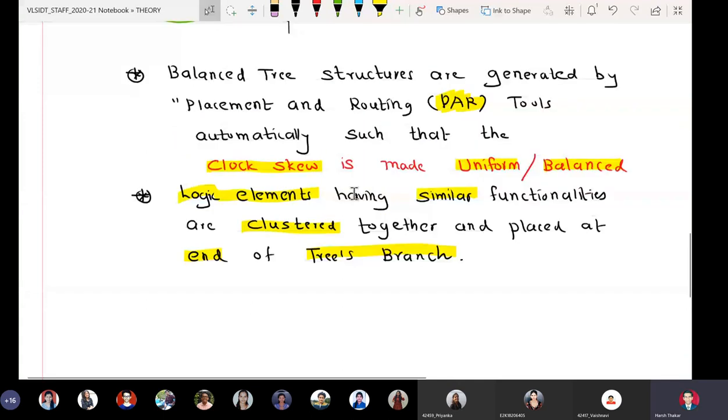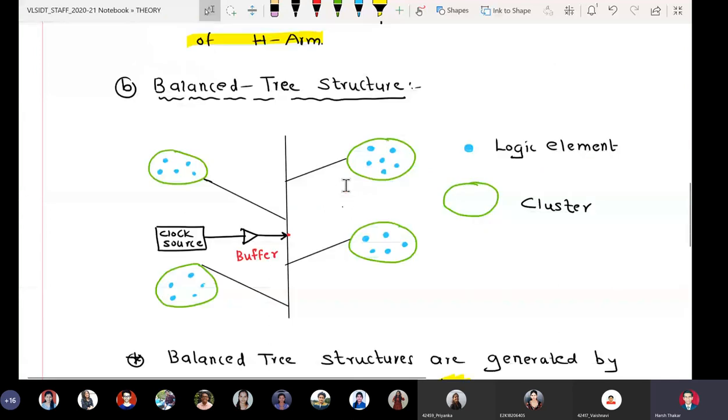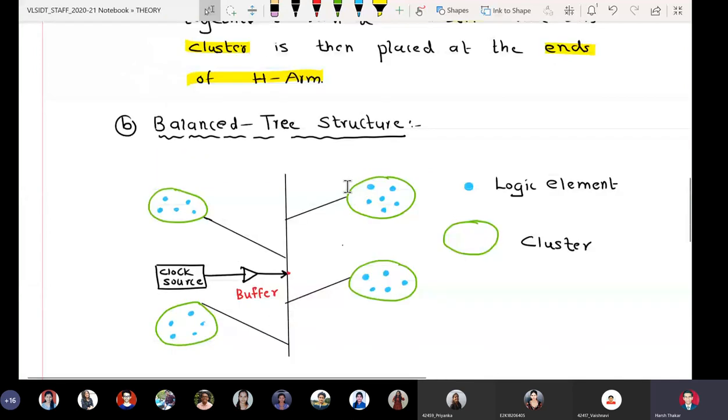So balanced tree structures are generated by placement and route tools automatically such that clock skew is made more uniform and balanced. Okay, it's very simple.